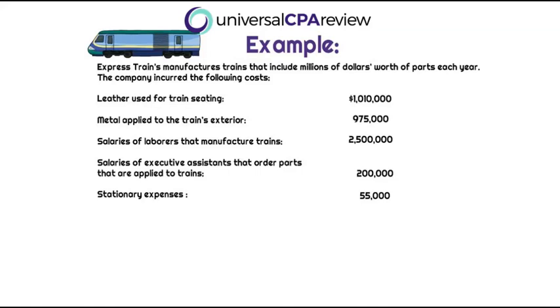Okay, so we want to know what costs would be considered directly traceable. What are our direct costs? Focusing in on direct materials and direct labor costs, we take note that this is going to include the train's leather that is used for seating, which is directly traceable to the manufacture of that train. Metal applied to the train's exterior could be a direct material as well, directly traceable to that train. Salaries of laborers that manufacture the train, because of the keyword that manufacture the train,